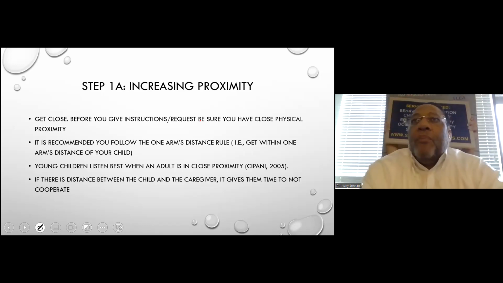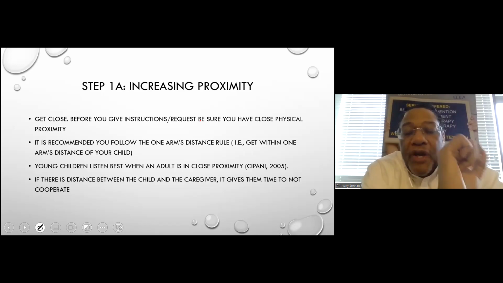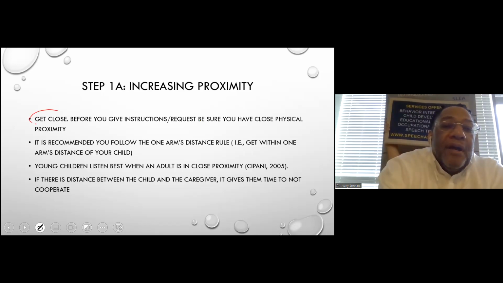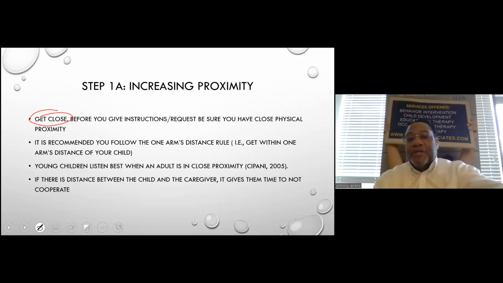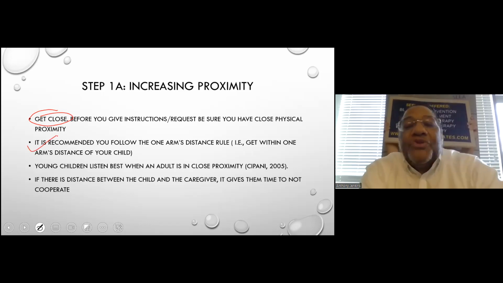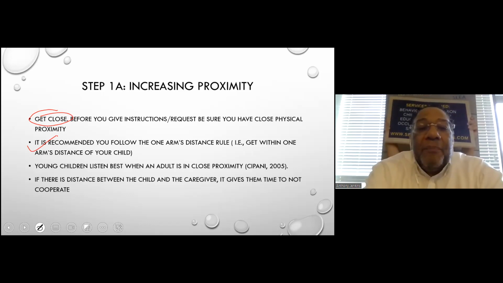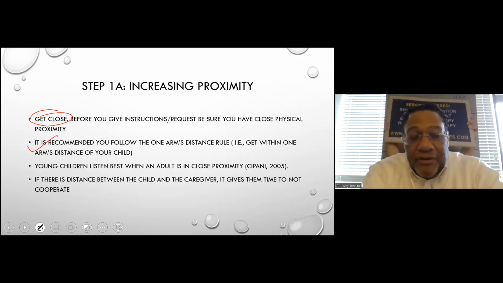So one of the ways to improve cooperation is you have to work on some of the small things that go into increasing cooperation. One of them is increasing proximity. Whenever you give an instruction, you want to make sure you're an arm's distance away. That's the recommendation, at least 1 arm's distance, so the kid knows that you could grab them and make them do it if you really, really need to. But sometimes when you give an instruction from across the room, the kids are calculating. They're thinking to themselves,